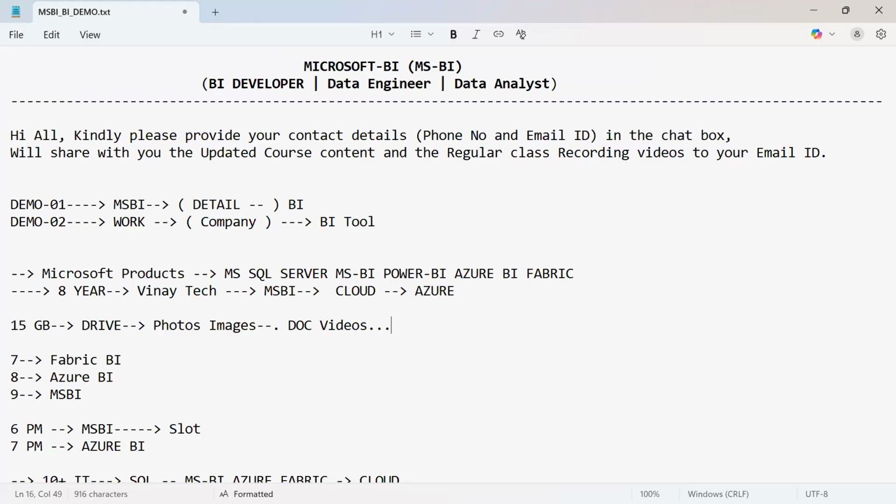Do you know where it is saving? Definitely the cloud. You may say, sir, there is a cloud. Cloud doesn't mean it's stored in white-colored clouds. There is a backend data center. From that data center, we need to fetch our data in MSBI. That is the approach using the cloud.